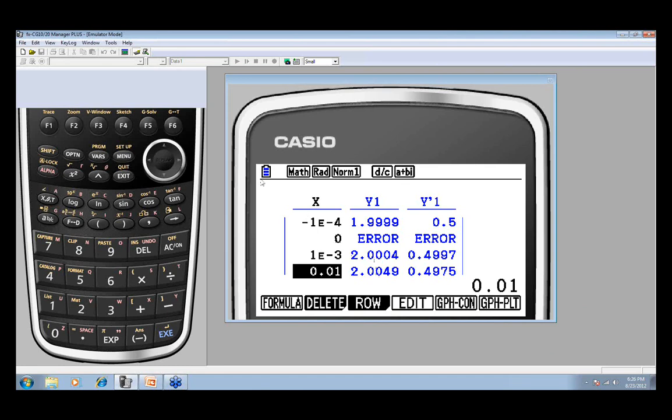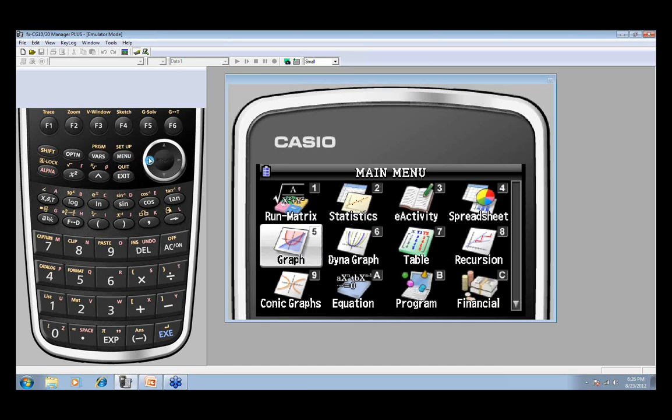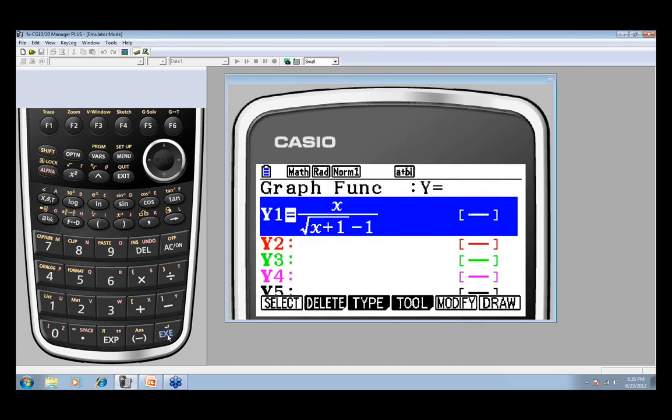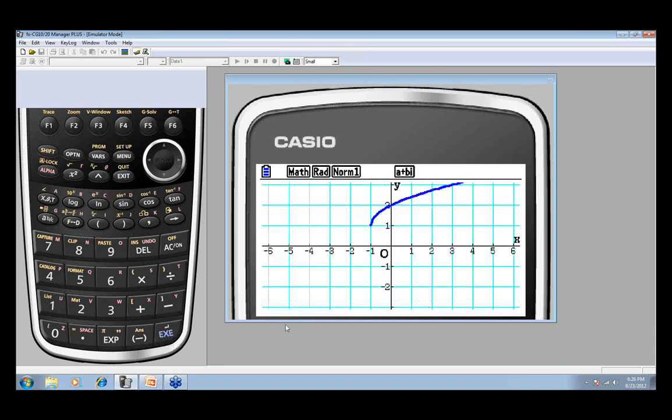Again, let's go investigate this by looking at the graph. Sometimes, it's nice to look at tabular data, but until you look at the graph, you really can't visually see what's happening. So here we are again. We're at our graph mode by just going to the graph. The function's already carried over. You can either press F6 to graph it, or you can press the execute key, and there's a graph.